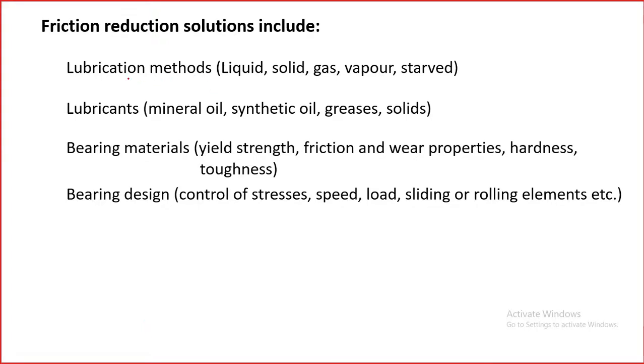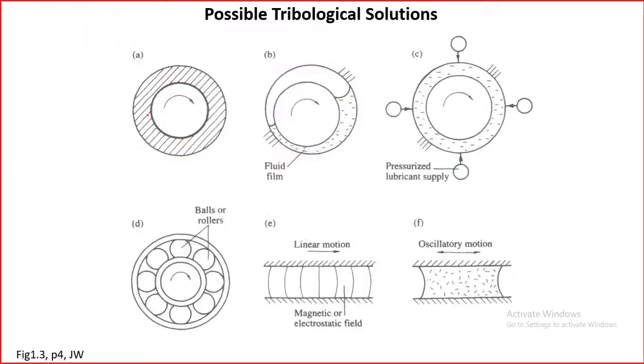So now we will go more towards the friction reduction solution. Just now we went through the lubrication method, and we will talk more about lubrication, types of lubrication, lubrication mechanisms, and we have already talked about liquids, but there are also solid lubricants. Gases can also act as lubricant. Vapor or starved means marginal lubrication. We also talked about lubricants. So depending upon which lubrication method you are using, the lubricants you can select, but in the case of liquid lubricants,